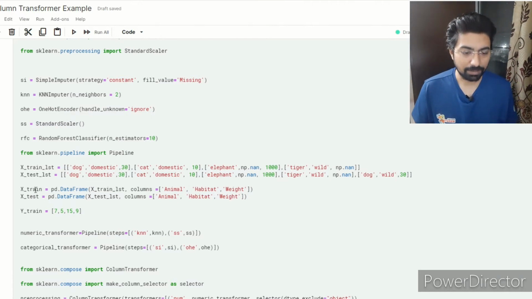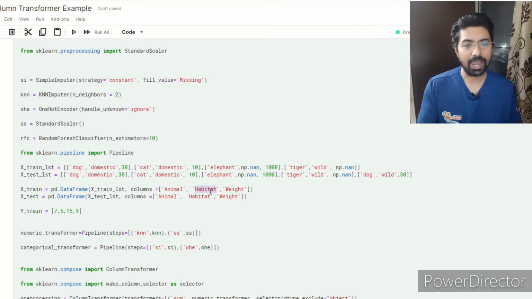I am creating the pandas data frame out of my train and test data, the x value, the independent one, where I have defined this is the animal and this is its habitat. Animal means is it a cat, dog, elephant or tiger, and habitat means is it wild or domestic, and weight is this numeric value: 30, 10, 1000, and I don't know for the tiger.